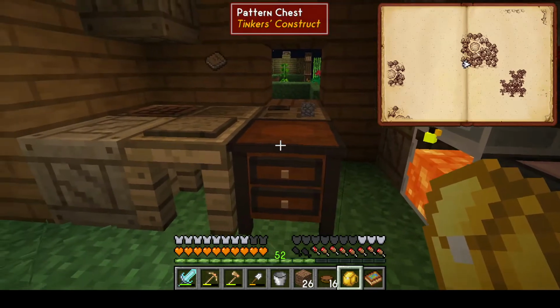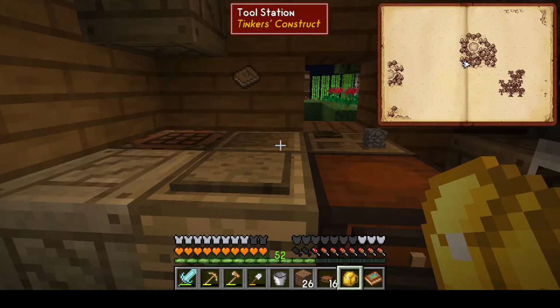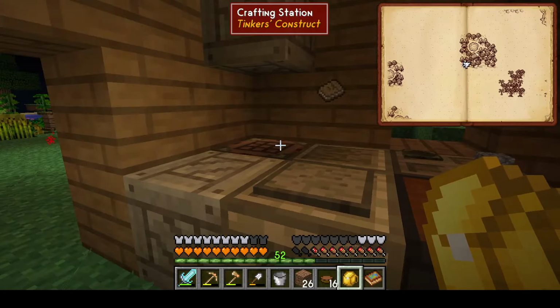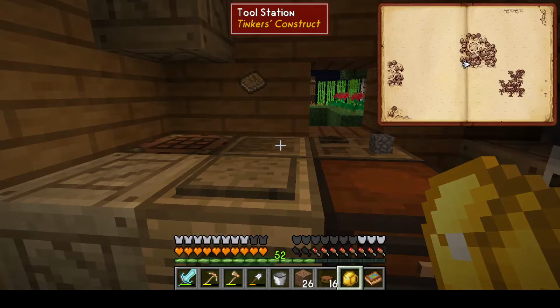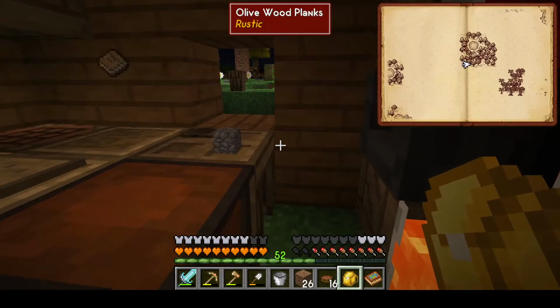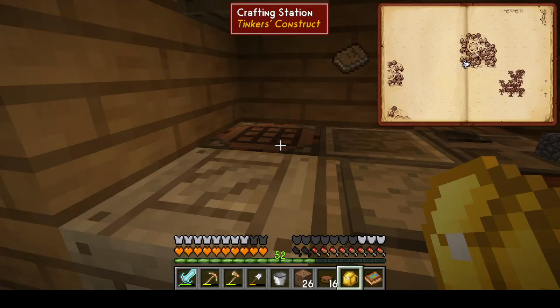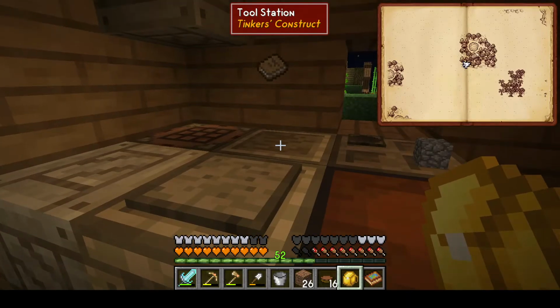So with Tinkers, for those of you who are not familiar with it, there are 5 different stations that we have here, and then you can upgrade your tool station to a tool forge, and then there's also an armor component as well, which I'm not going to be using. I don't like it, and in this pack there's much better options for you based on the materials we have available. So the crafting station, stencil table, pattern chest, part builder, and tool station